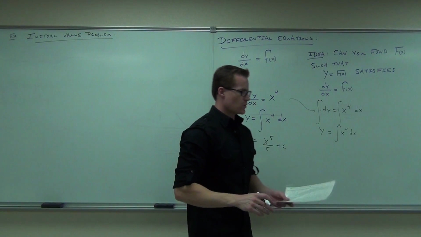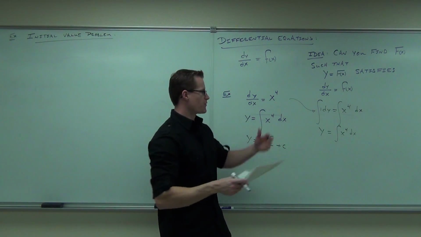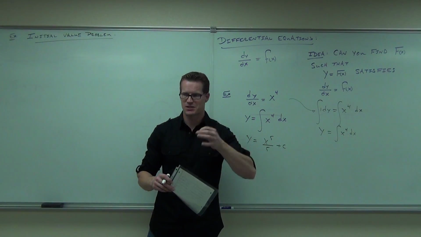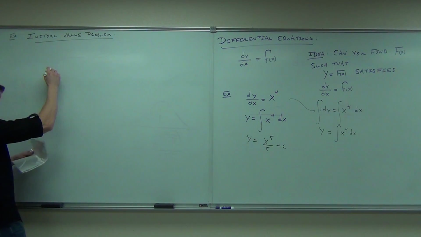This is basically when you only need one solution based on some initial condition. So this is a family of solutions right here. We're going to say, well, we only need one. We need something to fit a specific purpose, and that's what we're going to do here. So basically, here's an example. If you have